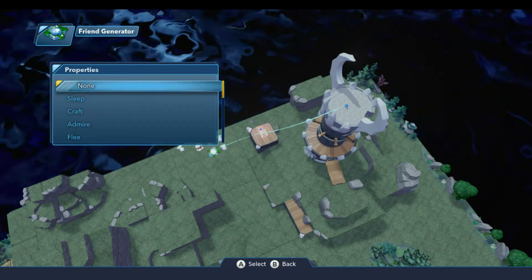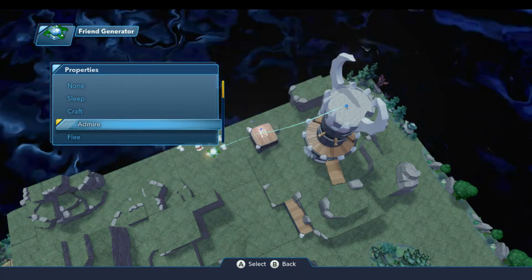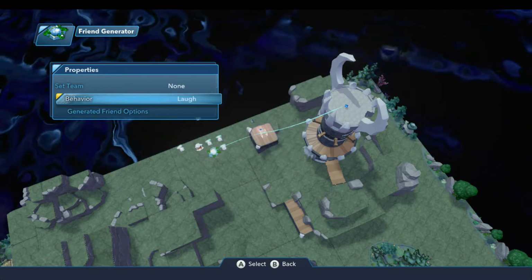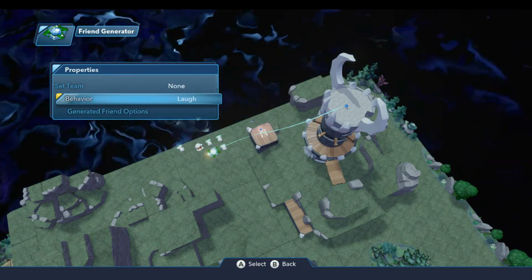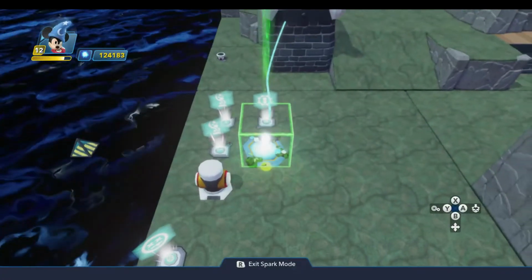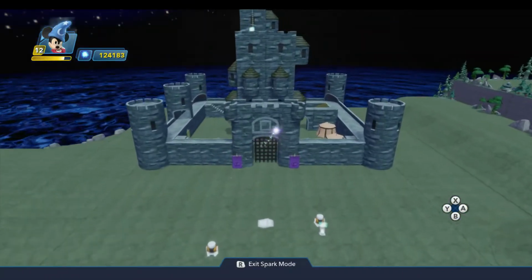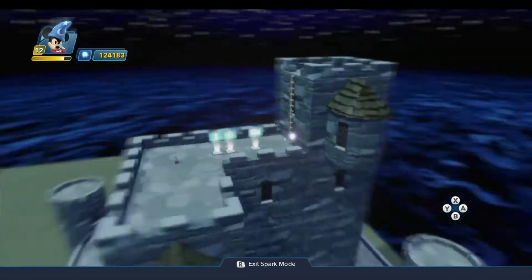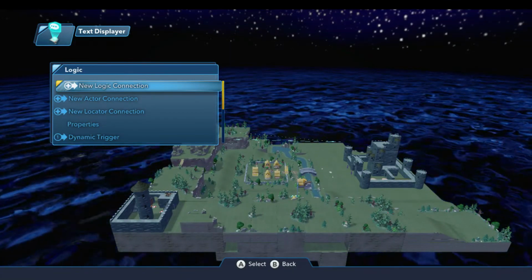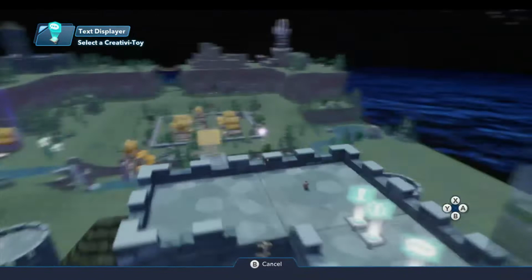So for the behavior, what I want to do is have this guy look like he's working on this block. And I thought, after I experimented with this a little bit, that the laugh behavior would be best, because it looks like he's enjoying himself working on this scroll. So we'll do that for him initially. And then in order to put Chernabog up there, we'll connect him up to our mission giver up here. So when we accept the mission, not only does that start the lightning and all of those effects, but that'll also generate Chernabog. So on a new logic connection on our text displayer, when the text proposal is accepted,